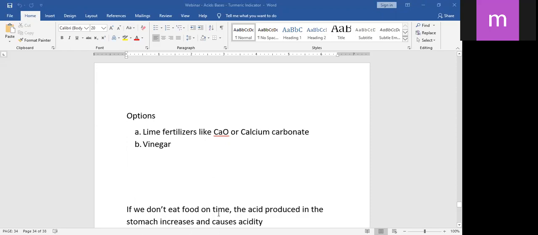Now, I was talking about the hydrochloric acid in the stomach. It's not that the acid is there all the time in the stomach. After a certain gap of period, that's why after every meal you need to have a gap of 4 hours or not more than that. After that gap, hydrochloric acid starts producing. If you don't eat your food on time, the acidity increases and it starts eating the lining or layer in the stomach, and that increases the acidity. So what could be the solution?